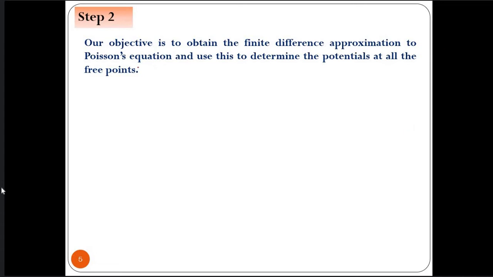So we have to basically consider Poisson's equation. That means with the help of the finite difference method, we are going to solve differential equations like Poisson's equation to find out the unknown potential within a solution boundary. As you know, this is Poisson's equation: del squared V equals minus rho v by epsilon. Rho v is the volume charge density. Epsilon is the permittivity of the corresponding medium.